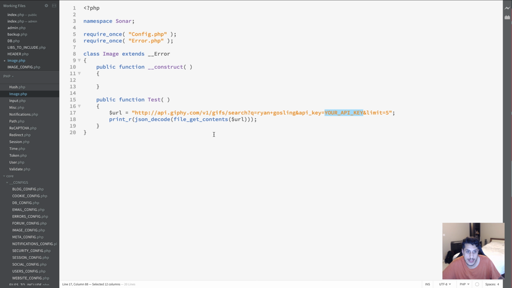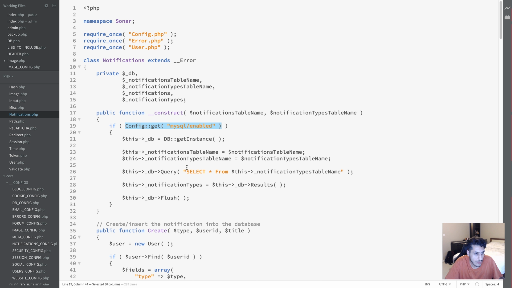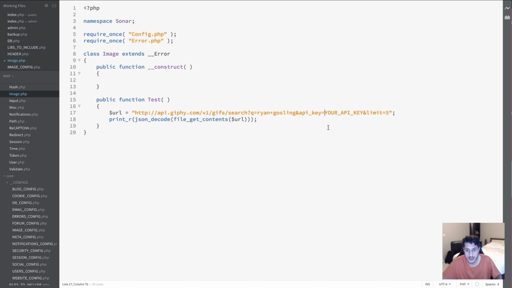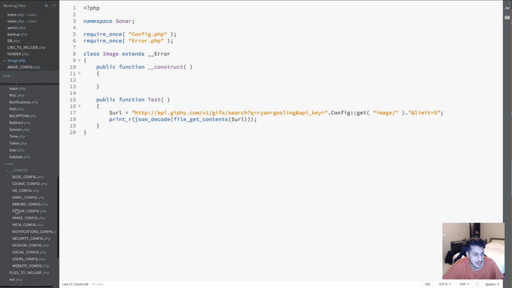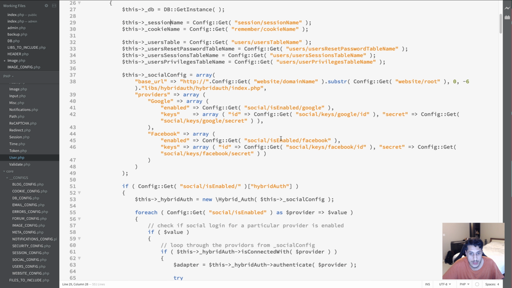I need an API key. My API key would be in, this is just to be able to get this. So an image, your API key, and this is going to be GIF. Actually, how do we need to access it again? So it was an image. So we need to go into, let me confirm by looking at the user stuff for the social. So yeah, it says